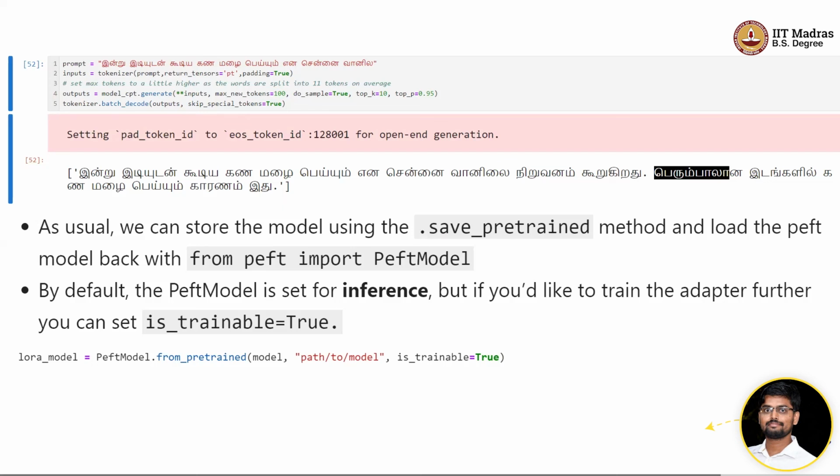Here, we use the PEFT technique to train the model, and we store the model. If you really want to use that model for inference, because this model contains adapter layers, then you have to use the PEFT model class, not the auto model. You reload all the parameters, and you can use it for inference.